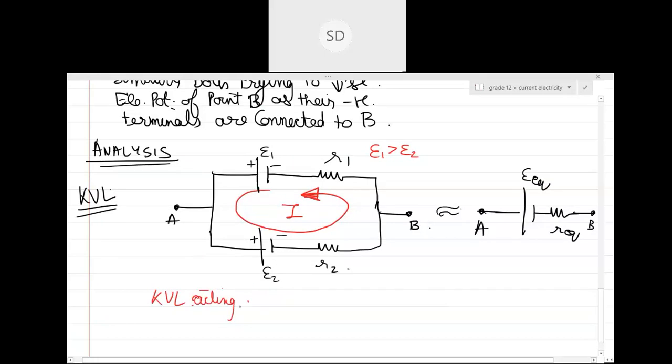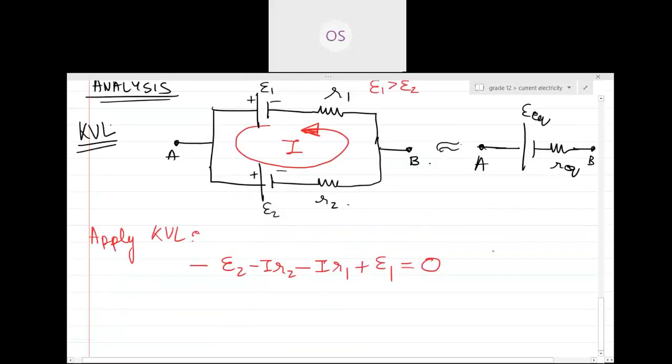Please, by applying KVL on this loop. Minus E2, minus IR2, minus IR1, are you sure? Yes, sir, it's going in that direction, right? Then plus E1. So E1 equals 0. From here, when you solve it, I will be equal to E1 minus E2 upon R1